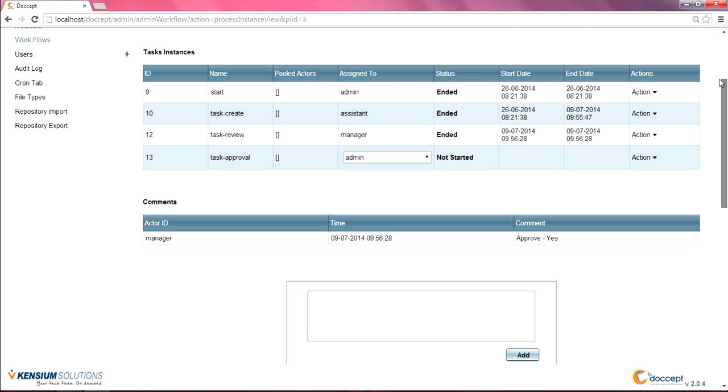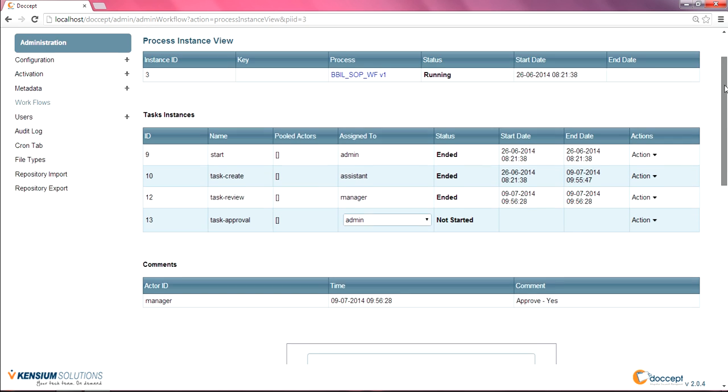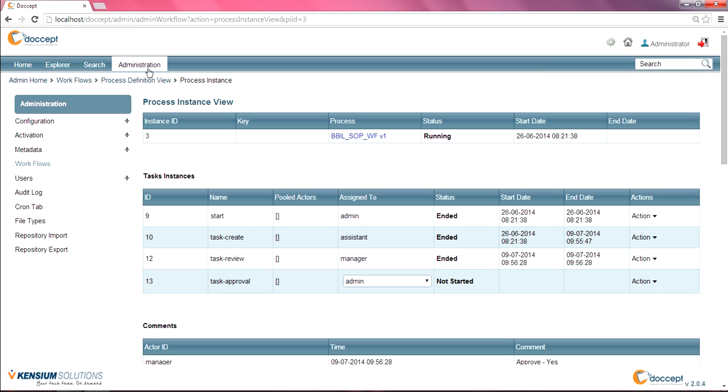So we'll go ahead and go back up here to the top. And again, you can see that this particular one, these three tasks were ended here. And this particular one is not started. Again, by going back to the home page, it's going to show you that you have something waiting for your particular actions. So now we'll just go back to